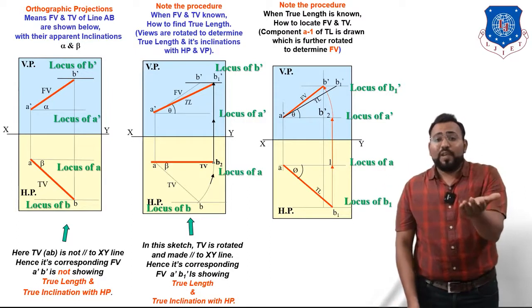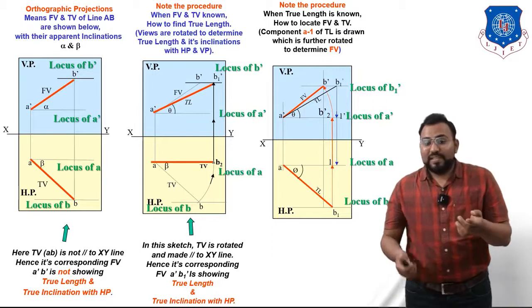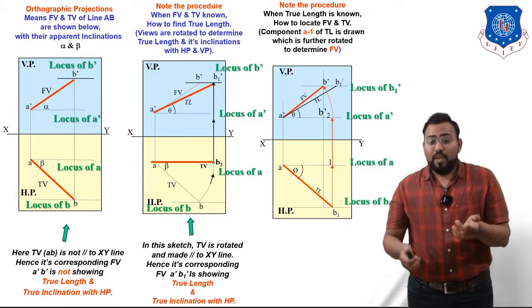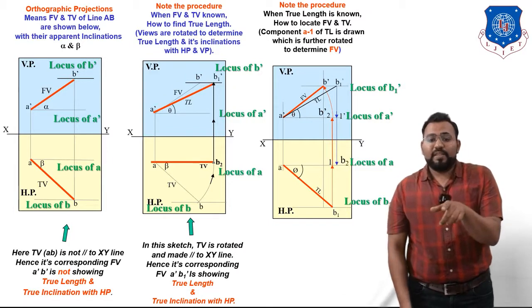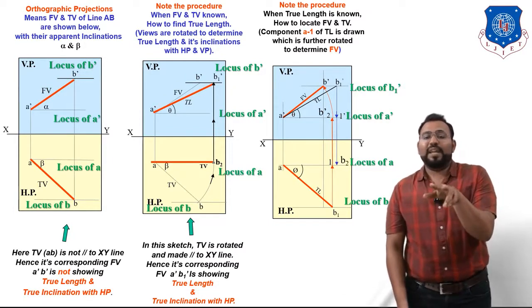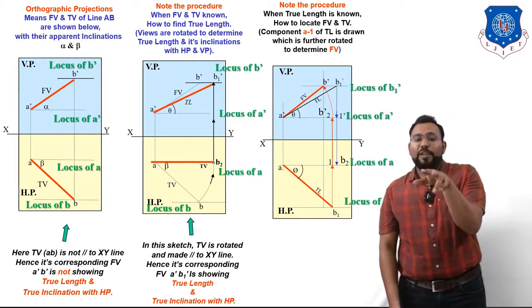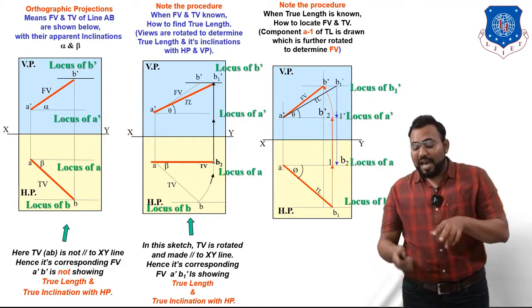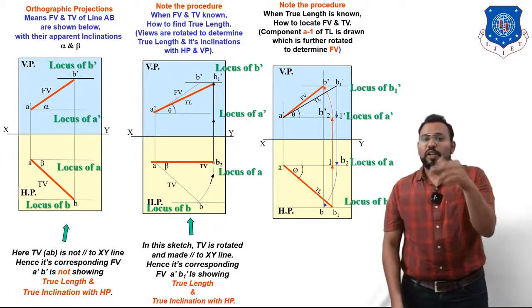Or else you can find it in another way. How to find it another way? See on screen. You can see that from B1' I have drawn a vertical downward line up to locus A. Whenever it intersects, I will give it the name point B2. Now take a distance equal to AB2, and with A as a center, put an arc on the locus of B1. Whenever it intersects the locus of B1, it will be the point B. So you can do it both ways.